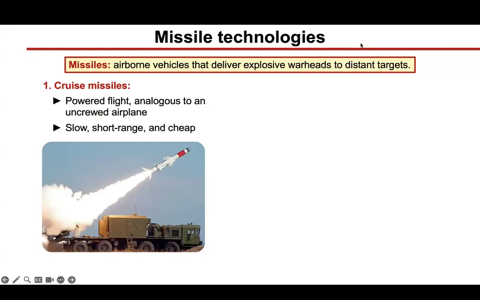So there are a few types of missile technologies that we can speak about. The first is the cruise missile. This is the first variety of the missile that was developed in the 1940s. These are in most ways analogous to an uncrewed airplane. Instead of a pilot, you have an autonomous guidance system and a propulsion system. Instead of a cargo of passengers or mail or what have you, you have an explosive warhead. Now, in a general sense, these tend to be, compared to other missile technologies, relatively slow, usually used for shorter range delivery missions, but can also be, under certain circumstances, cheaper, easier to produce than